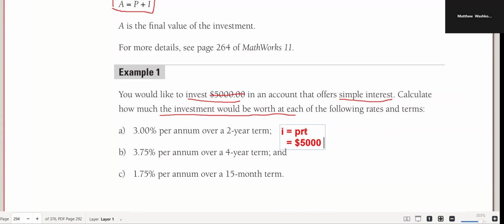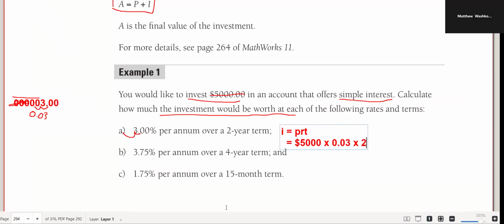So it is $5,000 times my interest rate, which is 3%, which is 0.03, right? Move the decimal place twice. If you don't know how to do that, just put a bunch of zeros in. 0.0003, right? All I did was add all these zeros. 1, 2. It's now 0.03. And then these zeros come down, but they don't actually matter in this case because they're zeros. So there's my interest rate